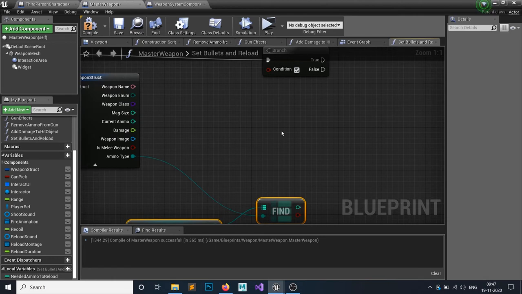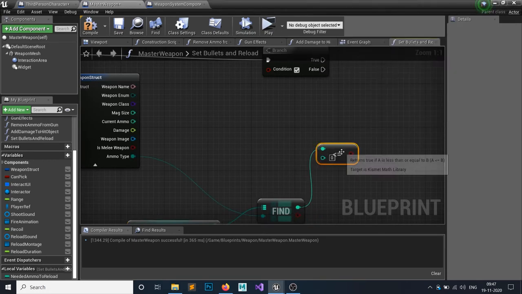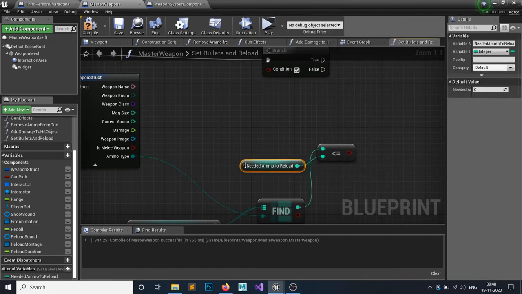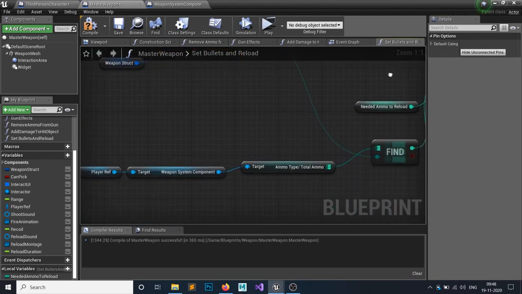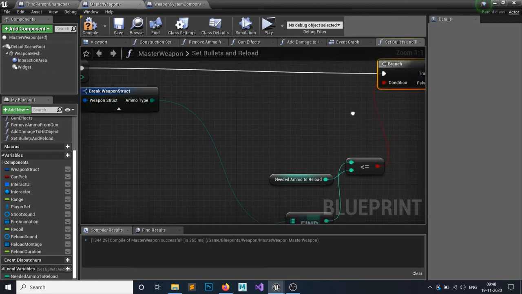So if this guy is less than or equal to my needed ammo, let me just hide all the unconnected pins. So if this guy is less than or equal to my ammo needed, then I will go for the true branch, otherwise the false branch, right?